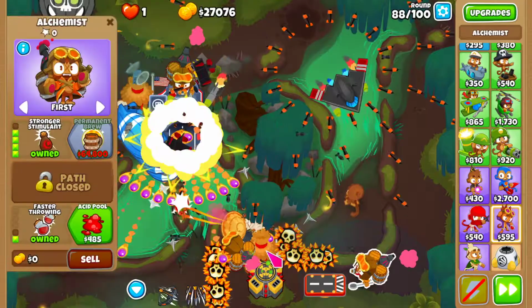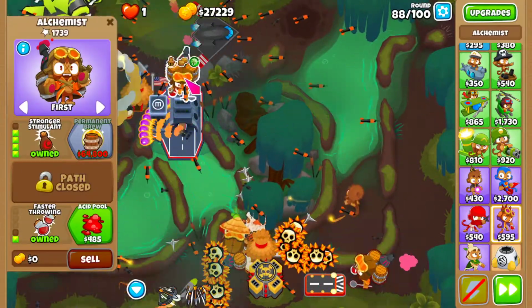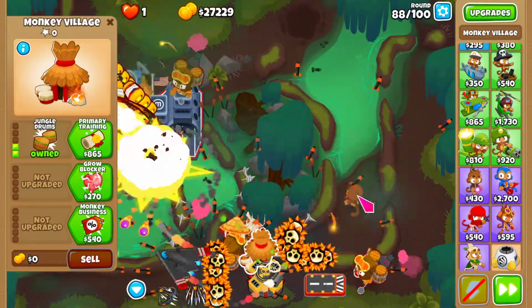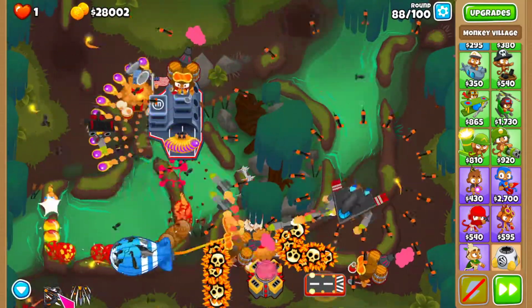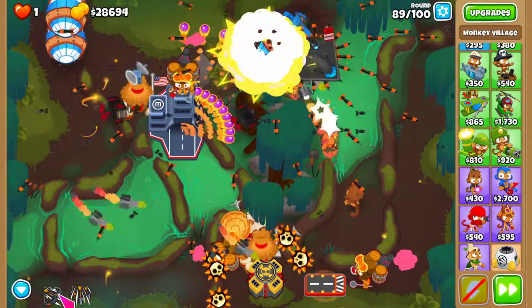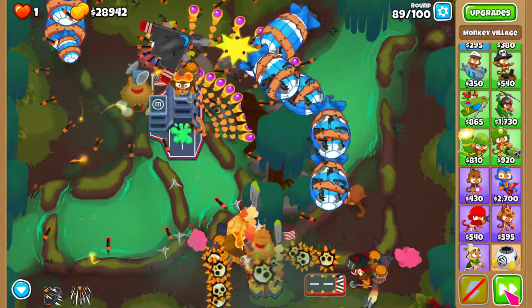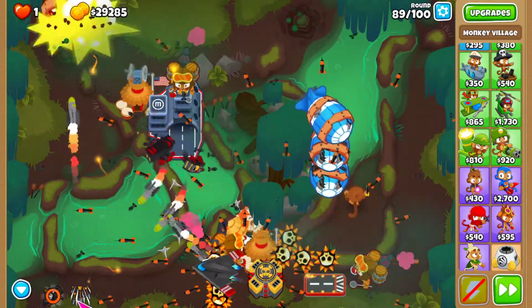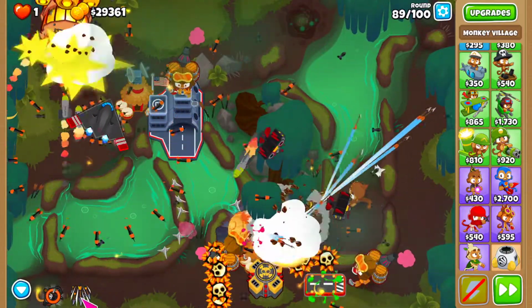Have I forgotten something? Passive throwing, okay. The camo detection is important to keep in mind. Don't upgrade it yet, we don't need it yet. 89 is here, so let's use the Quincy ability now. Let's also stay on the safe side by using...